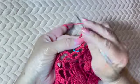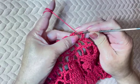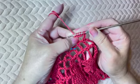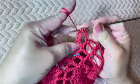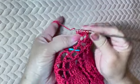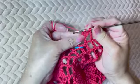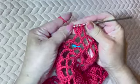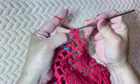then repeat, yarn over twice, insert hook on the same space where I put the first triple crochet together, then pull up a loop, then yarn over and pull through 2 loops on hook and repeat 2 more times. So yarn over twice, make an incomplete triple crochet, then another incomplete triple crochet, and this time draw up a loop and pull up through all the loops on hook,